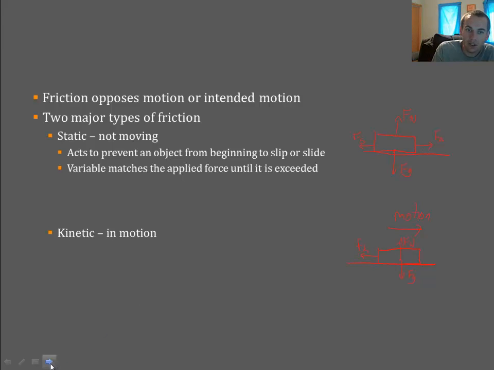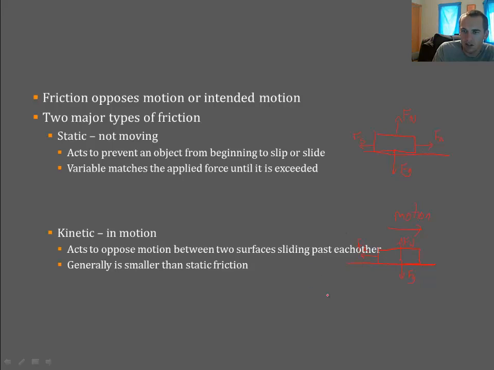And when kinetic friction acts, it's important to realize these two surfaces have to be sliding past each other, and we'll talk about that in a minute. When I say kinetic, we think about in motion, but you have to pay attention to what we mean when we say in motion. Kinetic friction is generally smaller than static friction, and to illustrate what I mean when I say motion, you have to be careful. If we have a tire here, and it's rolling across the ground, let's say it's rolling this way, not sliding, not skidding, just rolling along the ground,